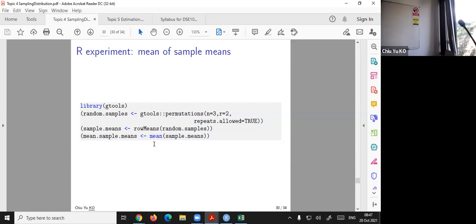It's a random sample. Repeated allowed means you give them 3 objects, and out of the 3 objects, you do a simple random sample, and that collects all the random samples into this. And then the next step is I want to calculate